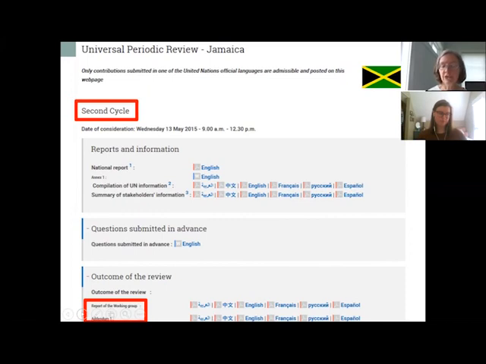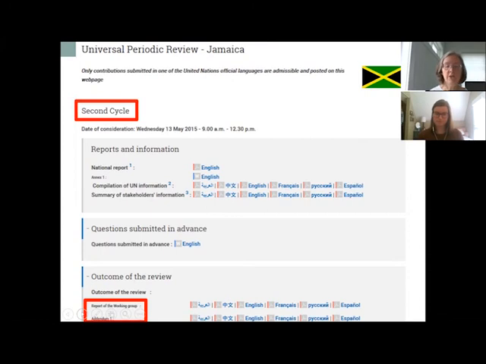You'll see the little footnote 3, and that's a very useful one if you want to go back and look at the different specific stakeholder reports and not just read the summary. If you click the 3, you'll get the full list of all the stakeholder reports that were submitted for that country for that UPR cycle. You can also see what questions were submitted in advance, and most relevant for purposes of preparing your forthcoming stakeholder report, you can find the report of the working group and the addendum that Elizabeth mentioned. So those documents are available on that page.